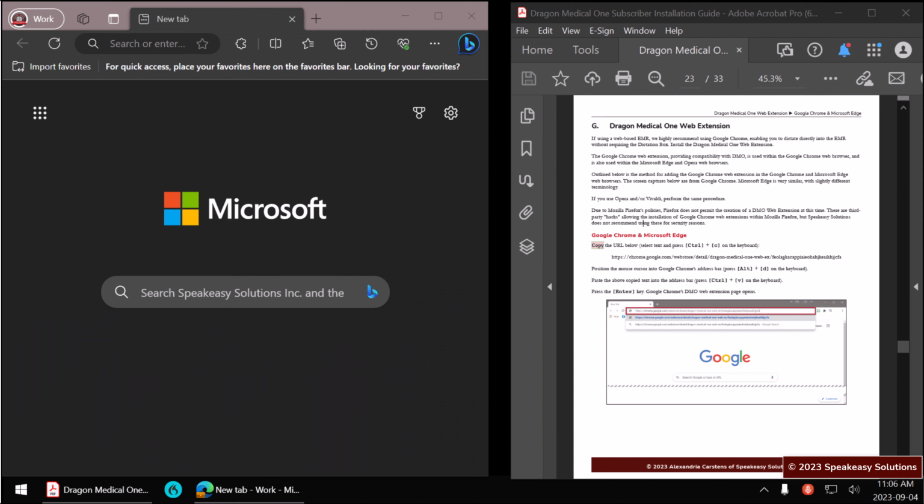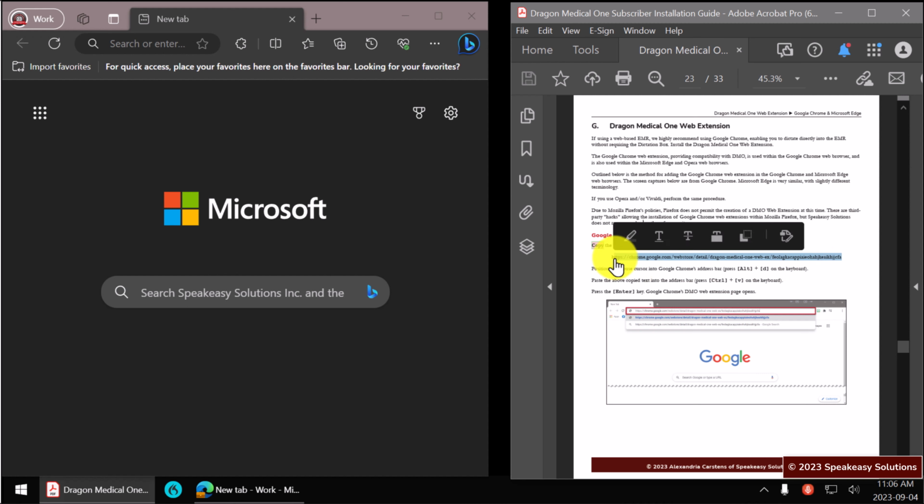Before you start Dragon, add the Dragon Medical One web extension in Google Chrome and/or Microsoft Edge. The Dragon Medical One web extension cannot be installed into Mozilla Firefox, unfortunately. The web extension is necessary for dictating directly into web-based EMRs. If you do not plan on using Dragon to dictate into a web-based EMR or any other website, you may forgo this step. Open each browser in turn, copy and paste the web extension's URL,